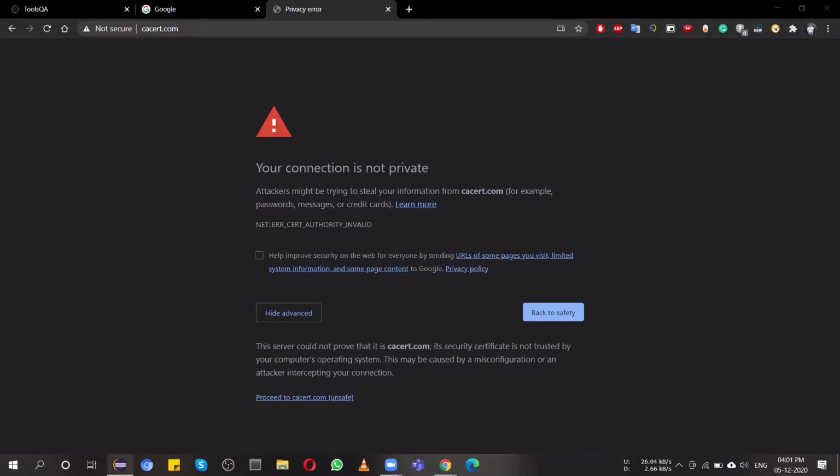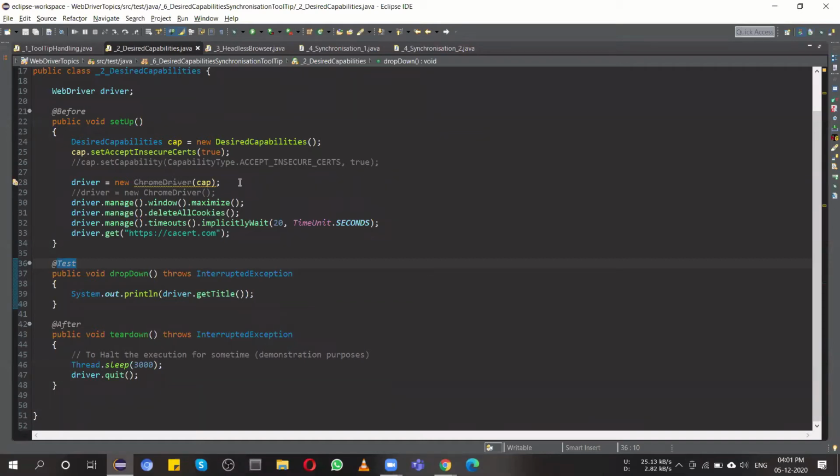But if you need to test over 2 or 3 browsers, you have to use desired capabilities. Desired capabilities is an umbrella term, where inside it Chrome options or Firefox options come. I am not sure about Opera options being a class, but those options are available there itself. So desired capabilities is the main class, and under this class, Chrome options and Mozilla options, all this stuff comes.